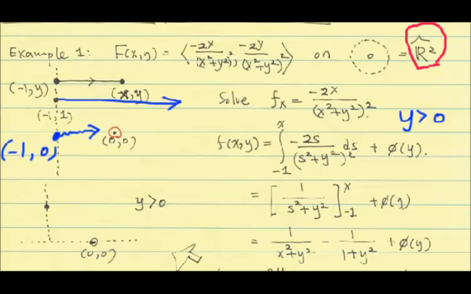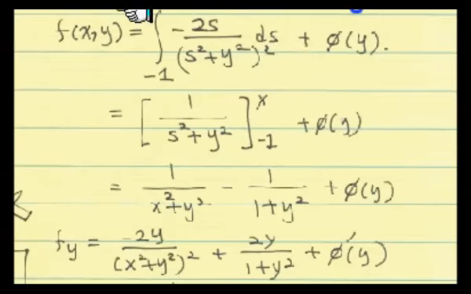And the next thing we do is comparing this one with the y part. Okay, here's f of x y, and showing the same stuff. And one more line here. So let's compare this one with the y component of the vector field. So here's f y. If you differentiate this one with respect to y, then that picks up exactly the part, and this part got to go, and that one is this, and phi prime y must be 0. So phi y must be exactly this one. If these two things are equal to each other, then that's going to be 0, you're not going to see anything. So don't try to solve this part.